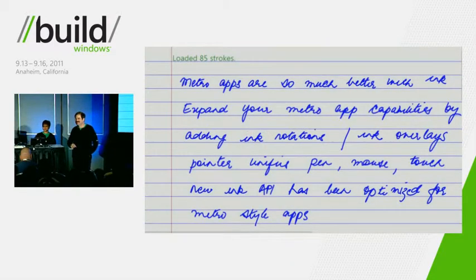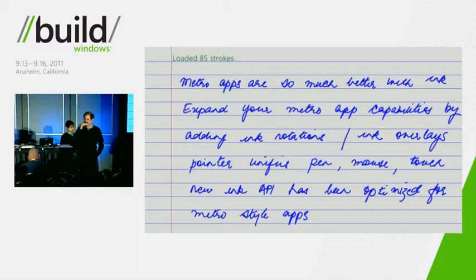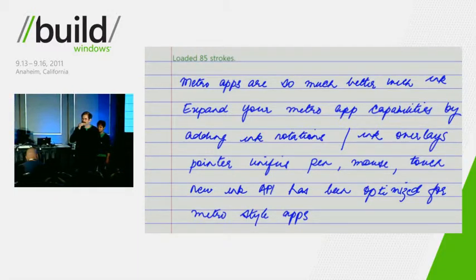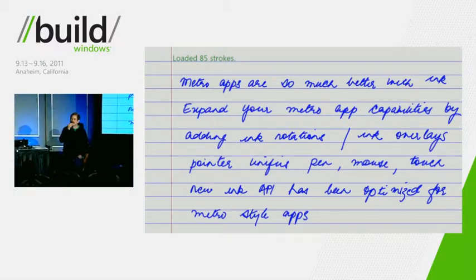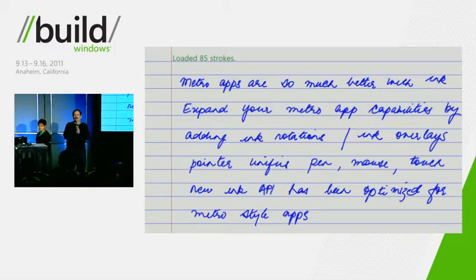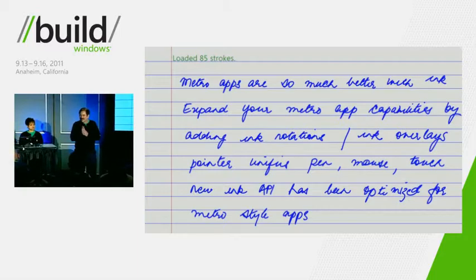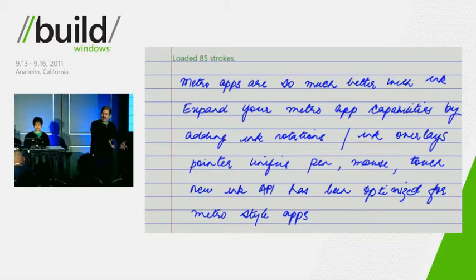Yeah. So how does it work with marking up live data? Let's say I wanted to mark up or ink over, I don't know, a stock graph or something like that. I thought the idea with Metro was that you couldn't have overlapping windows. You're right, you cannot have overlapping windows. So you'd have to have, to the best of my knowledge, you're getting way outside of what I've learned, you'd have to have the app that has the stocks in it, and then you'd have to add to that app